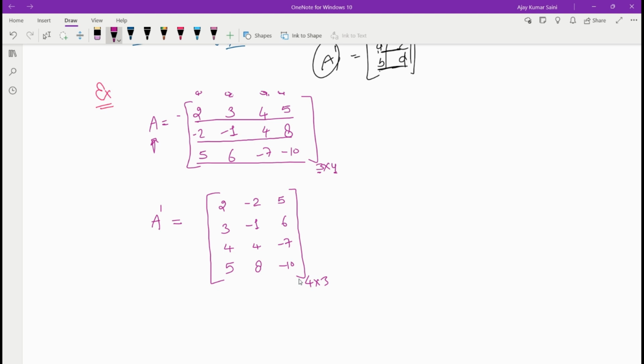After that I will tell you about determinant of matrix, adjoint of matrix, trace completed, and after that inverse of matrix, rank of the matrix, and eigenvalue and eigen